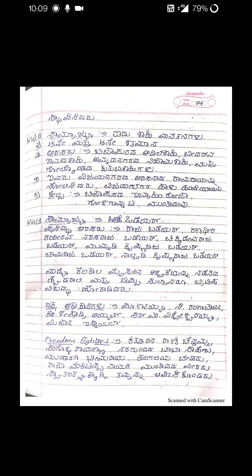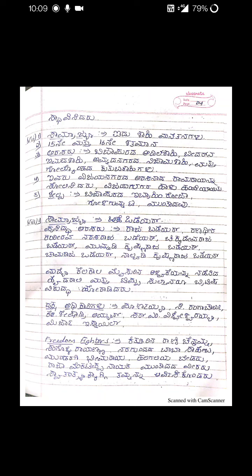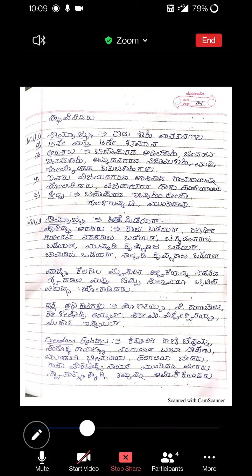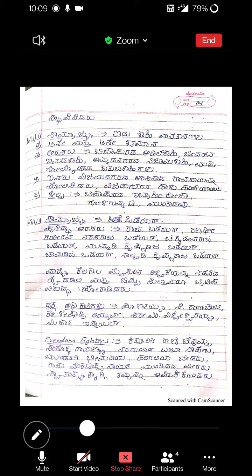The next Samrajya that came to India, the next dynasty was the Wodeyar dynasty. The famous kings were Raja Wodeyar, Ranadhira Kanteerava Narasaraja Wodeyar, Chikkadevaraja Wodeyar, Mummadi Krishnaraja Wodeyar, Chamaraja Wodeyar, Salvadi